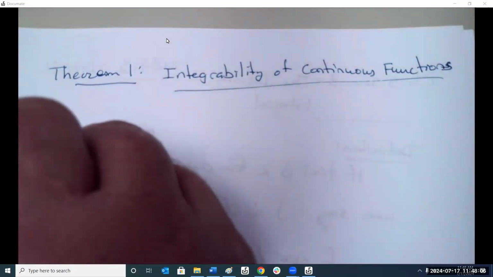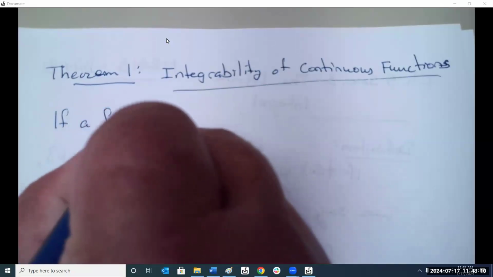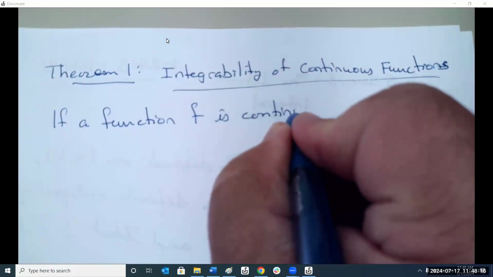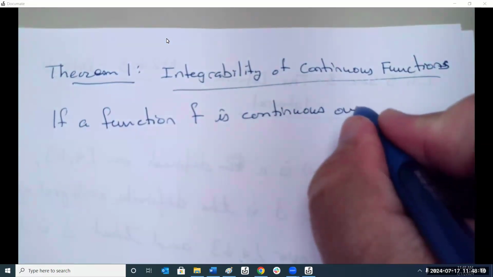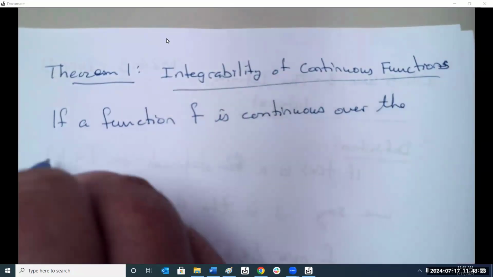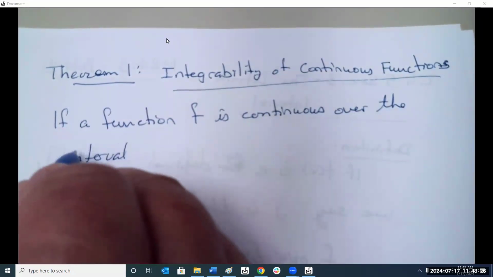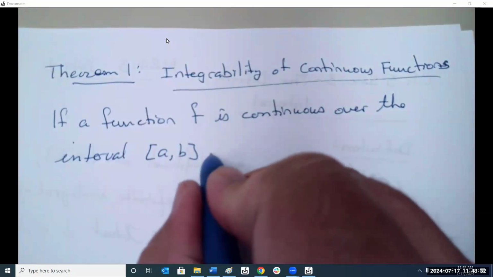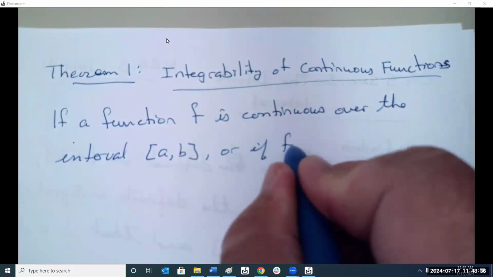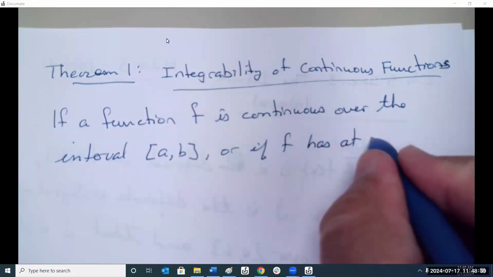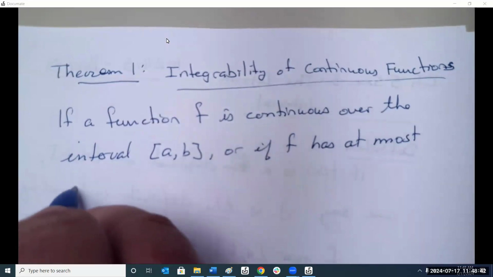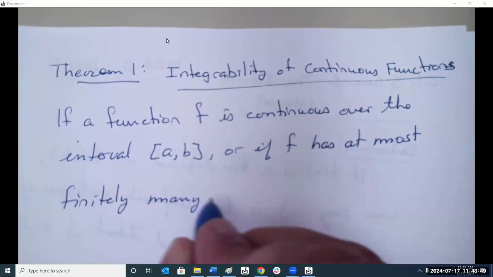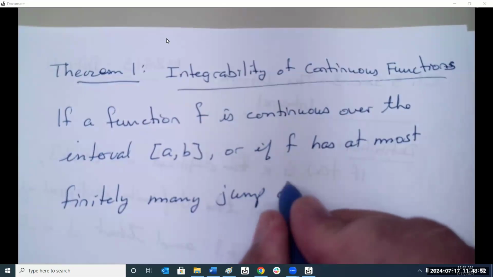So if a function f is continuous over the interval AB, the closed interval, or if f has at most finitely many jump discontinuities,